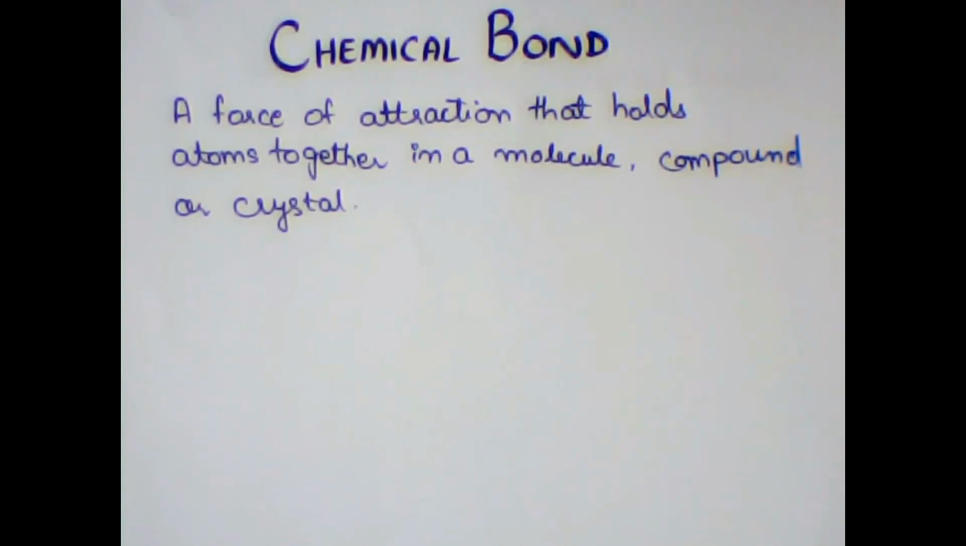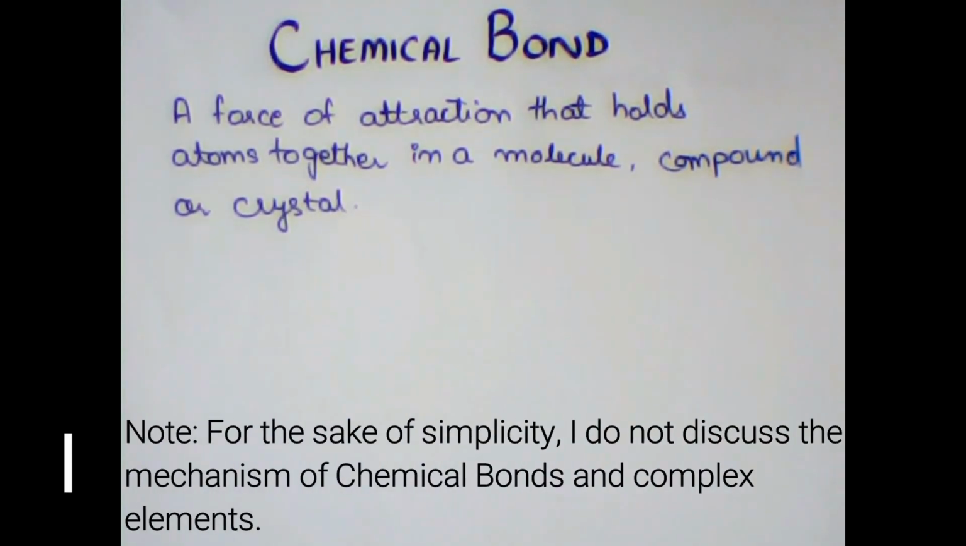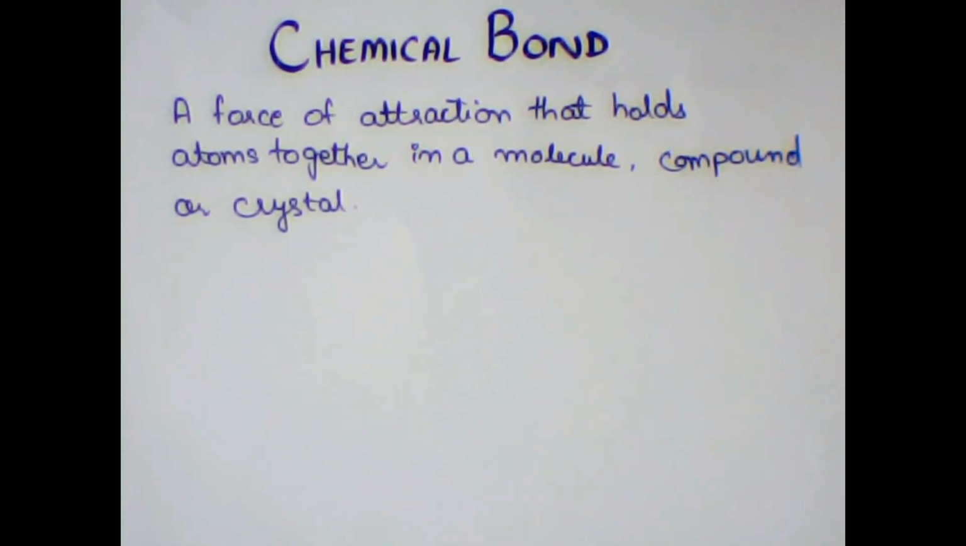In this video we will discuss chemical bond, ionic bond, covalent bond with their properties and examples. So let's get started. Chemical bond is a force of attraction that holds atoms together in a molecule, compound or